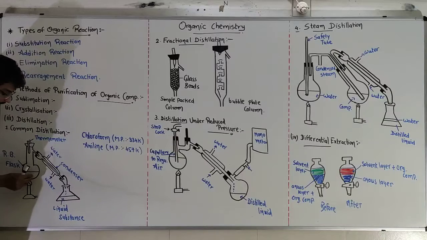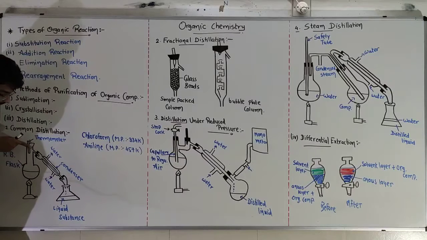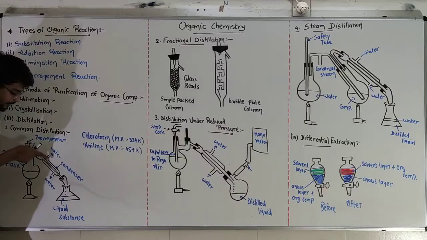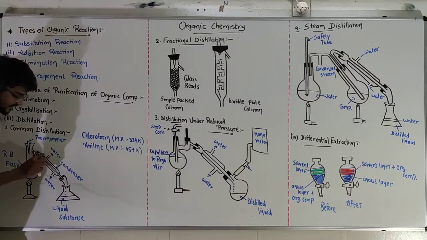Now in this mixture we have chloroform and aniline. When we heat it, this is the thermometer present in our vessel. I have cut it down so that we can see it clearly. It is dipped into our solution. So when the thermometer shows a temperature more than 334, chloroform will be vaporized and it will come down into another beaker. Vaporized chloroform will come down into another beaker and aniline will remain here. Now this is called the condenser.